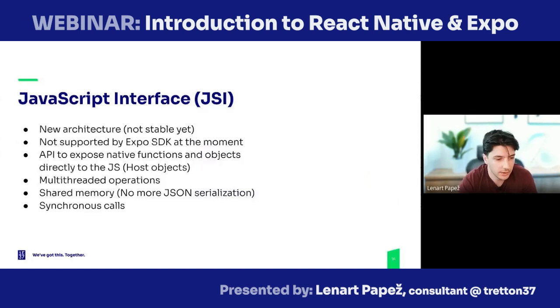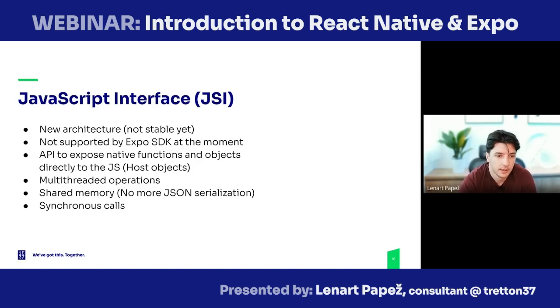So the bridge has some disadvantages. So they're trying to make it better by introducing JavaScript interfaces. It's a new architecture that will allow JavaScript to communicate with the native side directly, so without any bridges in between. And that's due to the host objects. It's not supported by Expo SDK at the moment, and we will need to wait for a new version of Expo, if they, of course, even support it in any